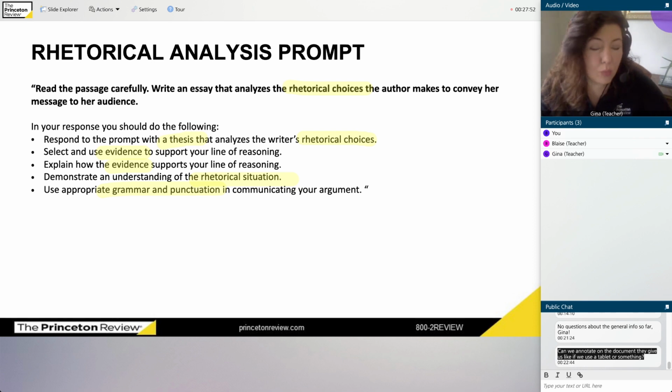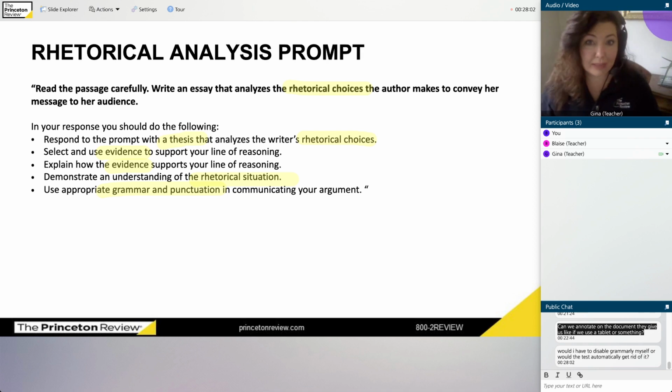Does that mean that one spelling mistake is going to kill your score? No. Okay. I don't want to scare you and say that one spelling mistake is going to kill your score. However, if you have multiple spelling mistakes, if it's all over your essay and you spelled the same word wrong 12 times, that's certainly going to detract from your score. You're not going to get a perfect score. I can guarantee that.